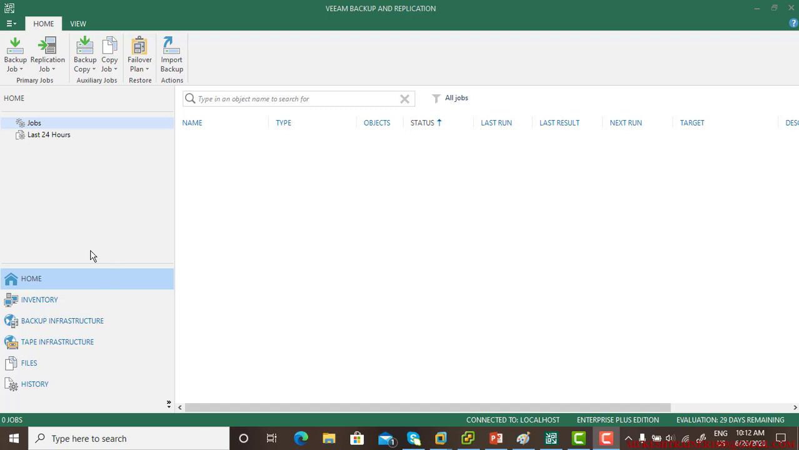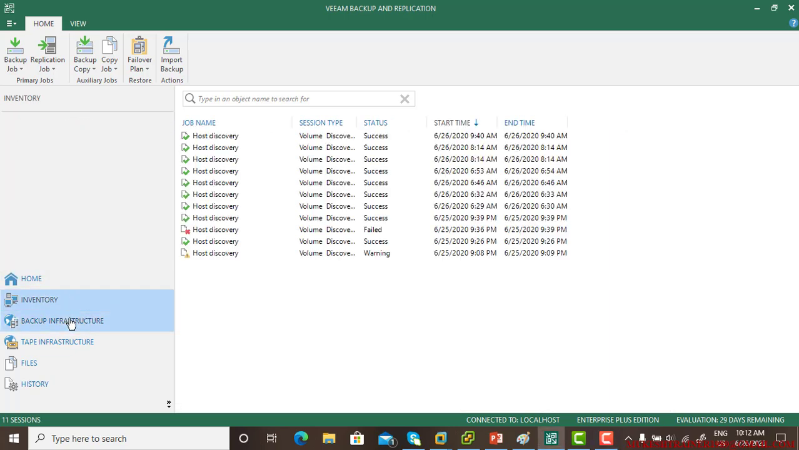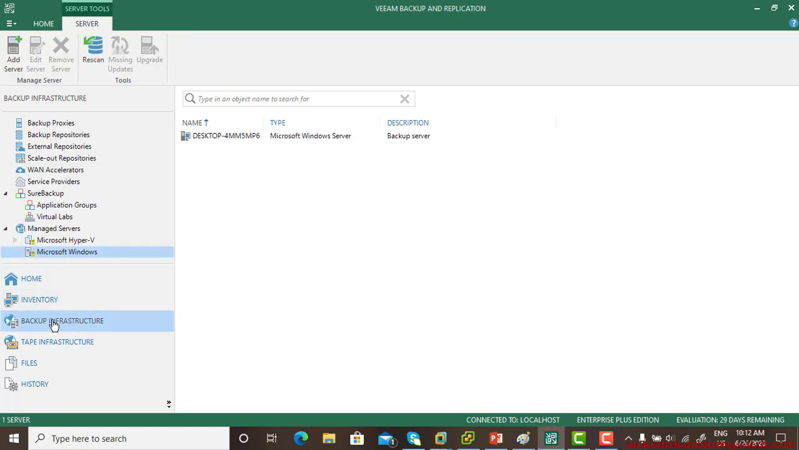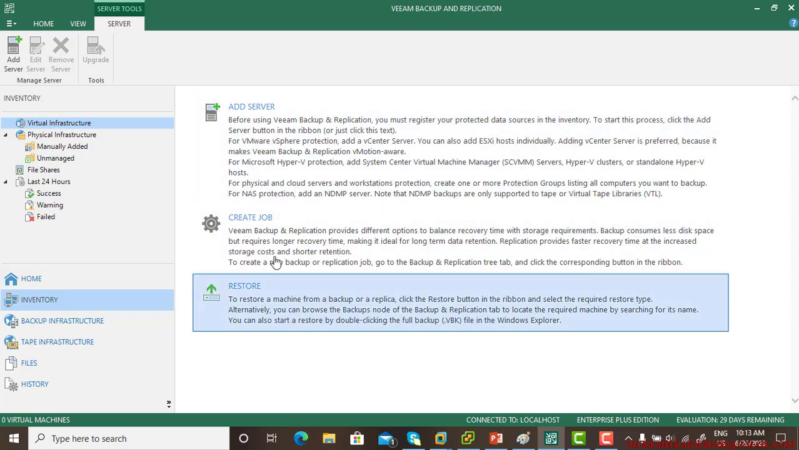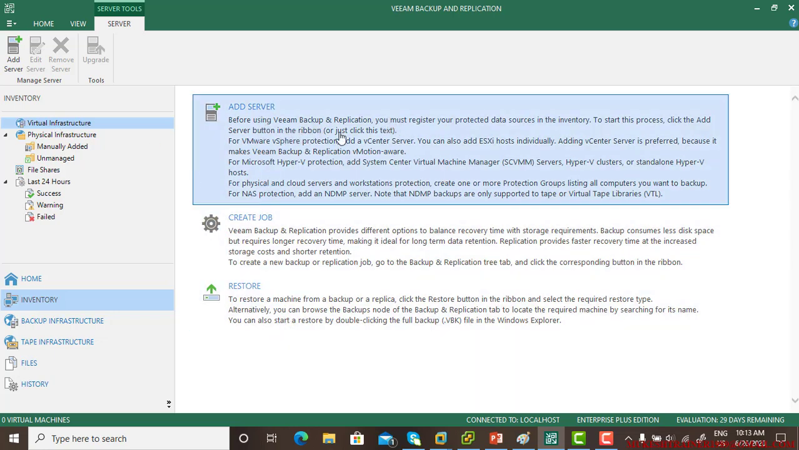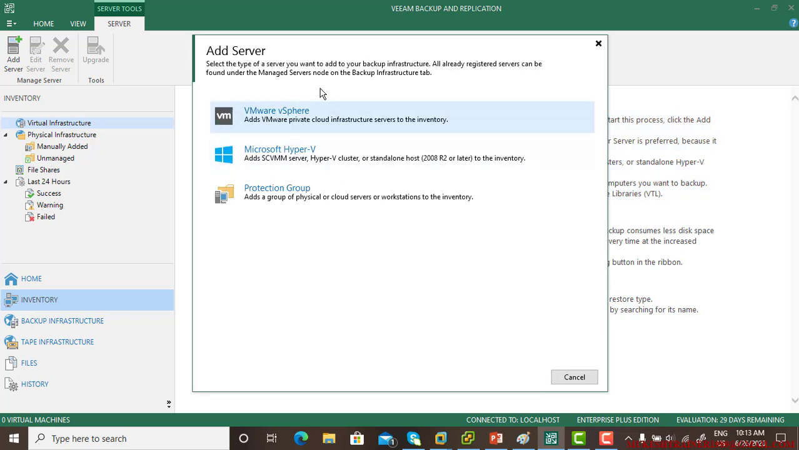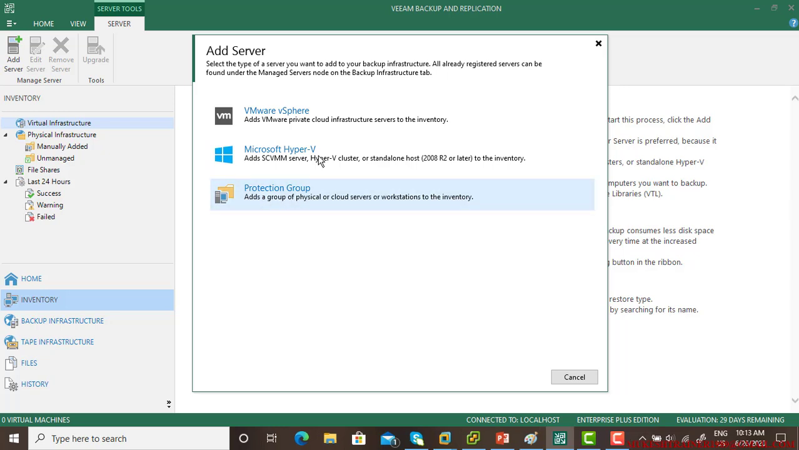So let us start with adding the infrastructure. Simply go to the inventory and go to the virtual infrastructure. And there you need to click add server. So select the kind of server it is,